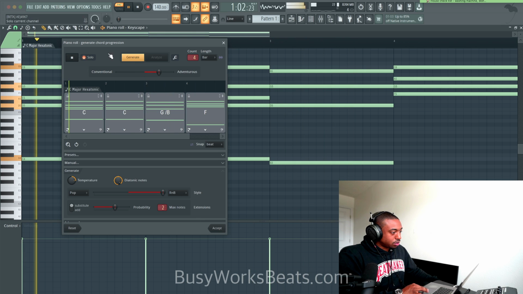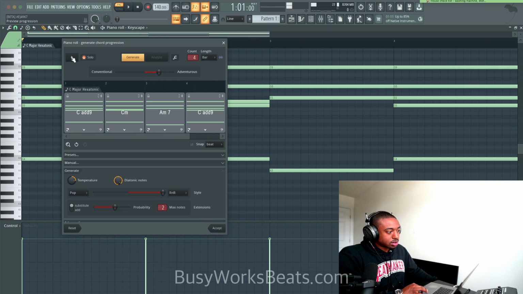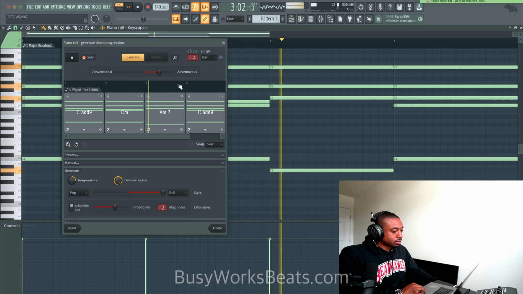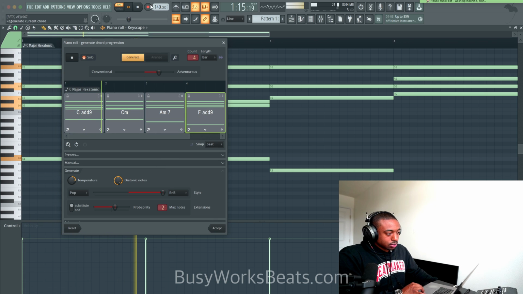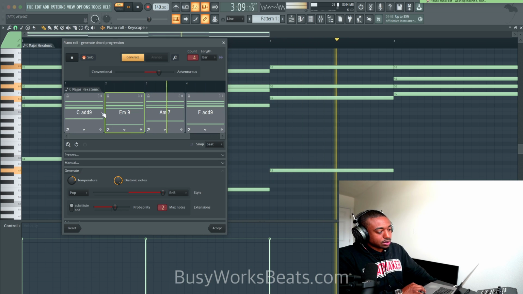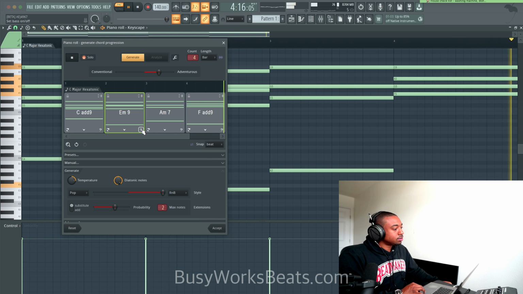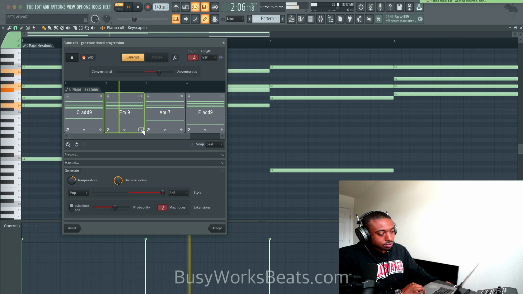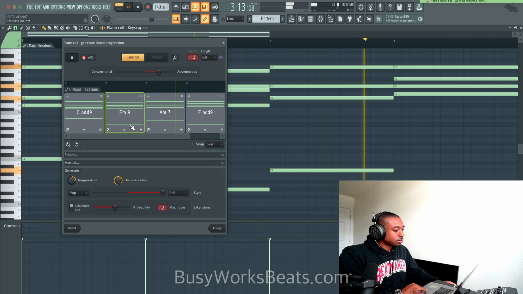Sounds very boring. I mean, it sounds very run of the mill. Let's move it to more adventurous. Kind of stagnant at the end, so switch out the last chord. This is cool, but let's switch out that second chord. You could also turn off the bass note. There we go.